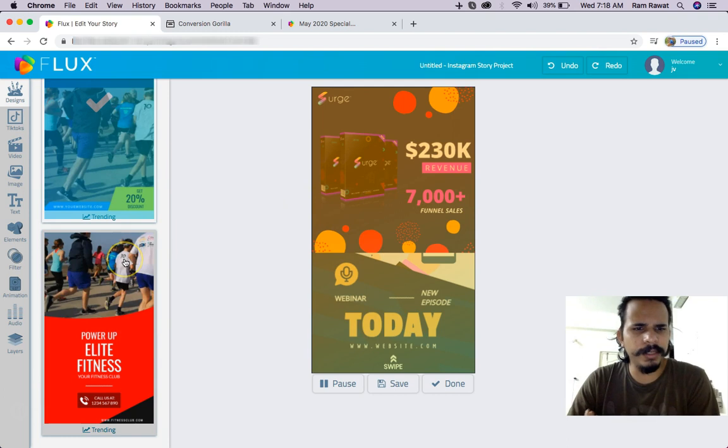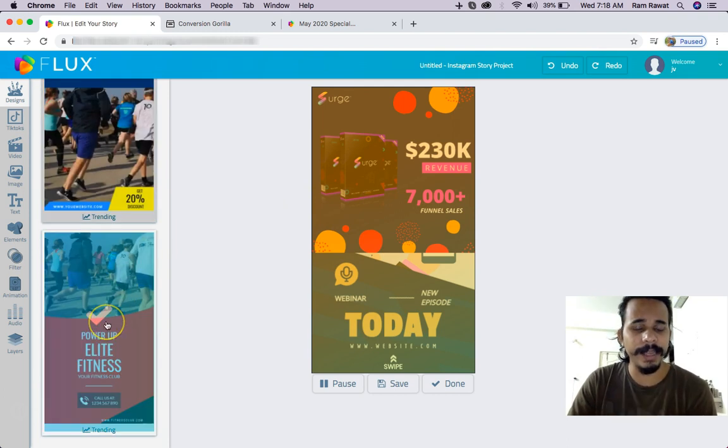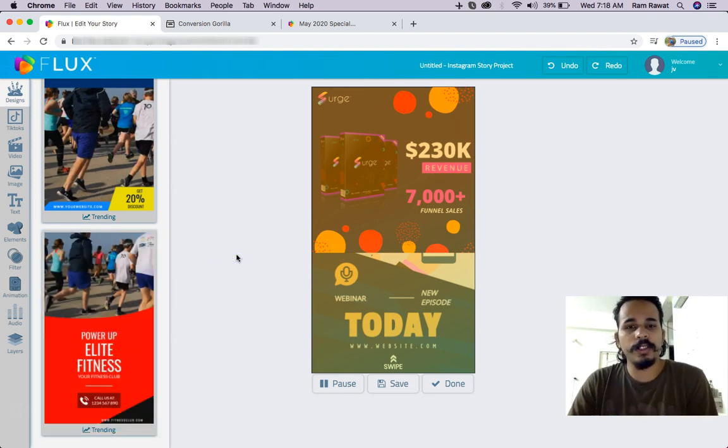And you see, I can select any template, I can design my own templates here, I can search the images, I can search the GIFs, I can search the animations, I can add my own audio. What more do you want? It has everything which is required to create amazing stories, and to promote your product, to build your brand, or